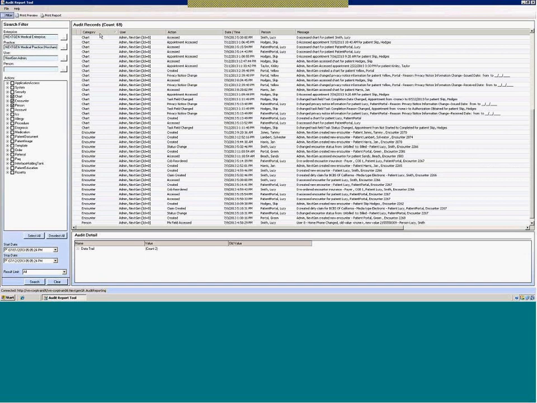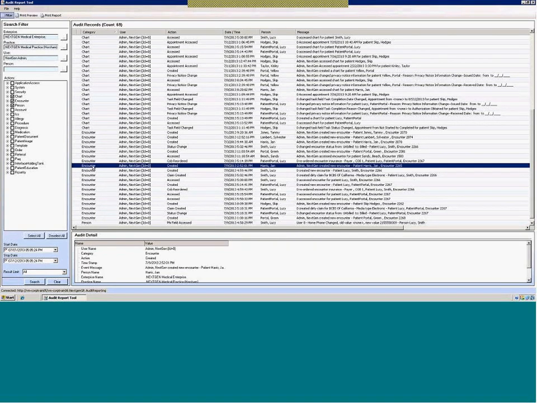Ultimately, you can sort, of course, by any of these column headings to group the chart-related activities together, encounter-related activities, and so on and so forth. So here's an encounter-related activity by that user where they created what? Oh, an encounter on this date, this time for this patient, and some additional notes in reference to that over on the right-hand side. These can be printed,